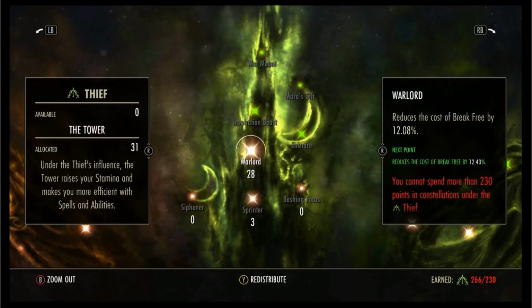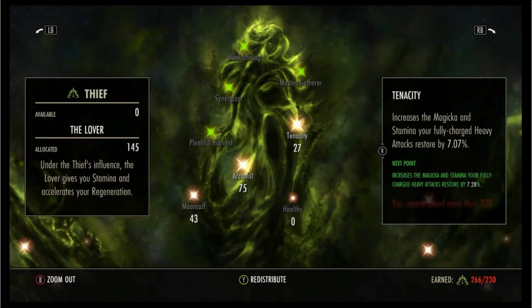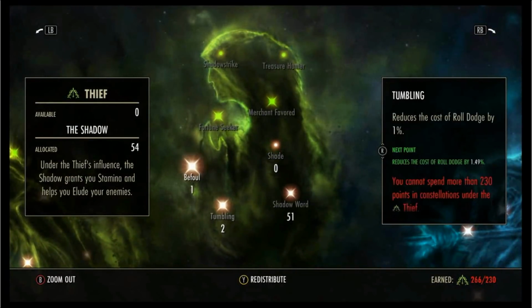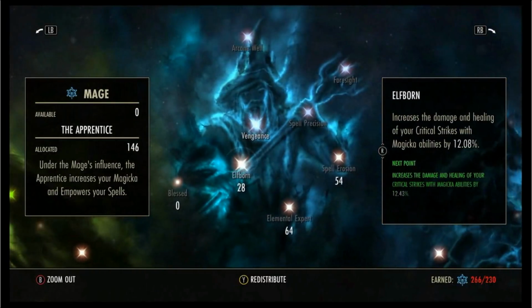So for my champion points, I've got 28 points into Warlord, 3 into Sprinter, 75 into Arcanist, 43 into Mooncalf, 27 into Tenacity, 1 into Befoul because I didn't know where else to put it, 2 into Tumbling for the same reason, 51 into Shadow Ward to help me with block, 28 into Elfborn,